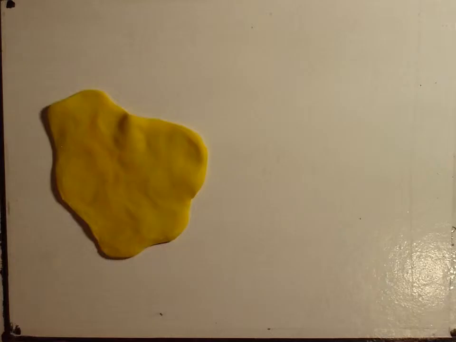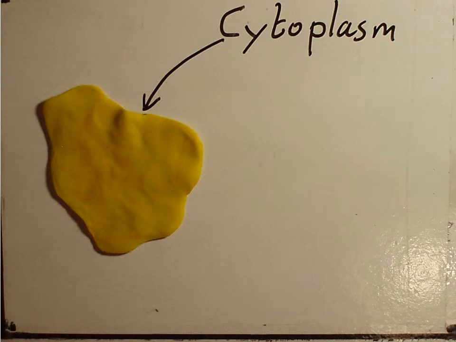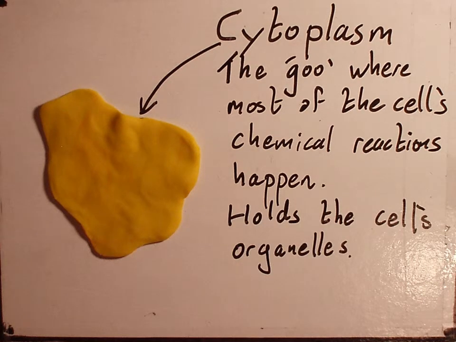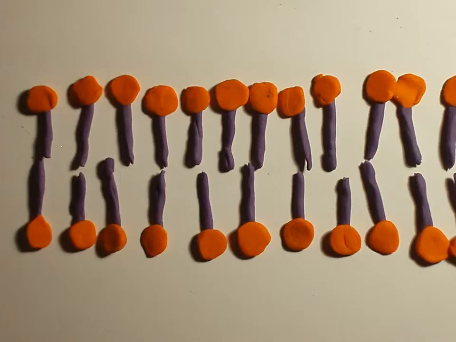Okay, so the most part of an animal cell, and in fact of all living cells, is going to be made up of cytoplasm. Now, cytoplasm is the kind of goo that's inside the cells. There's a better word for it than goo, but it's mostly water, and it provides a place where the cell's chemical reactions can happen. It also provides a place where the cell can put its organelles. And when I say organelles, those are the other bits of the cell, like the nucleus, the vacuoles and stuff like that.